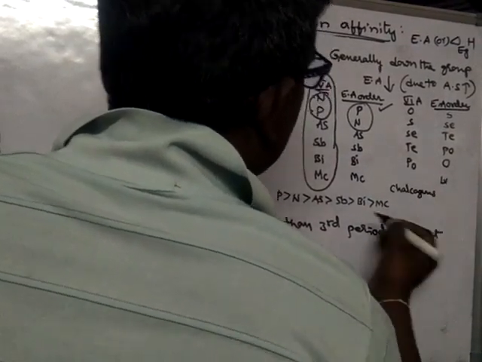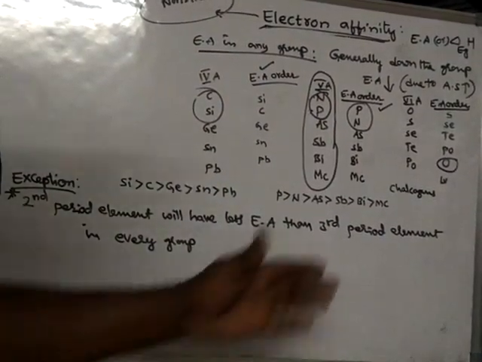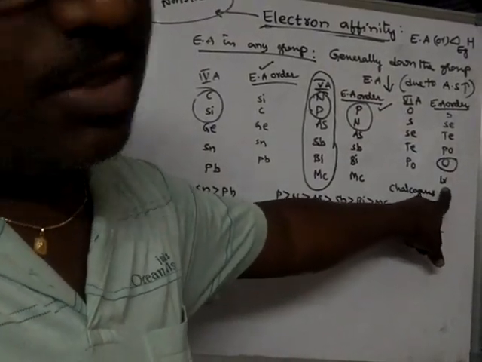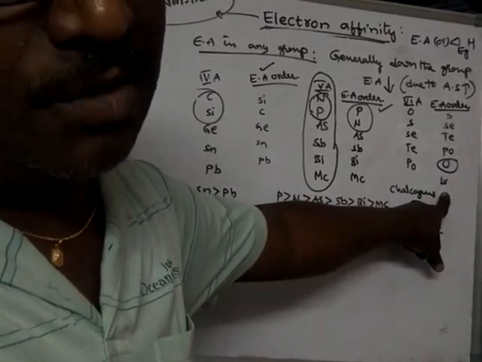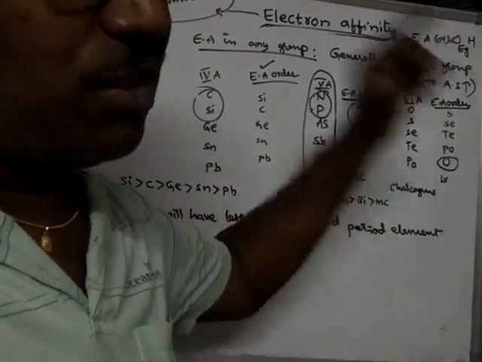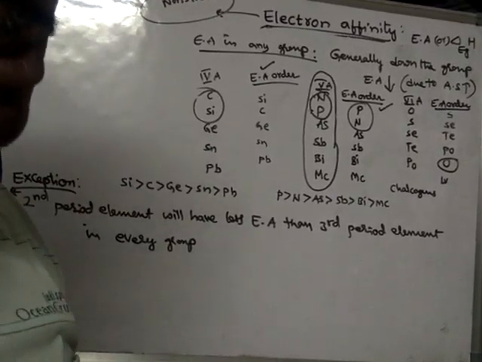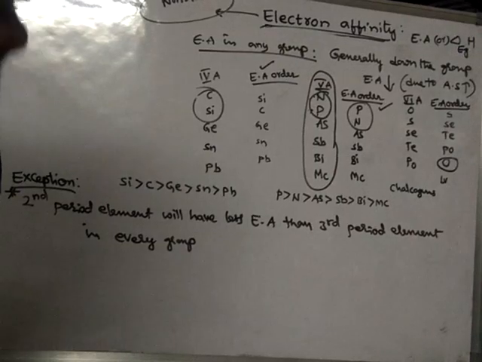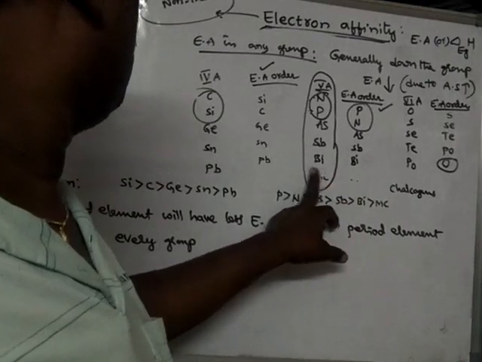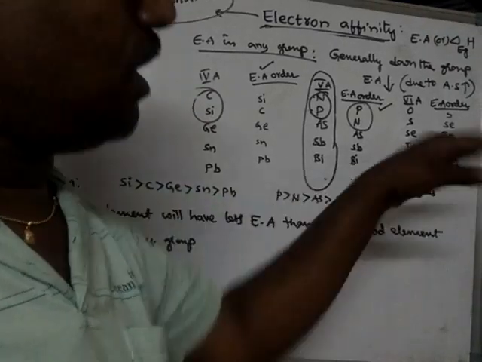In chalcogens, so what happens? Oxygen possesses the least electron affinity when compared to all other elements. Livermorium is a newly discovered element, and its properties are not completely studied or established. They are still under study. So just leave livermorium and moscovium, and learn and observe the electron affinity values of the other elements.